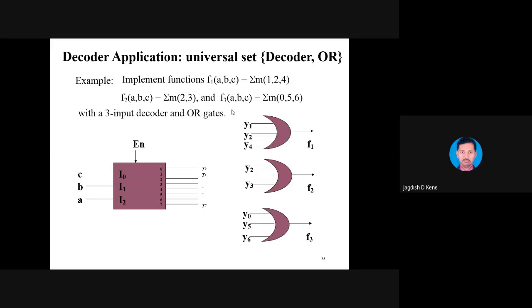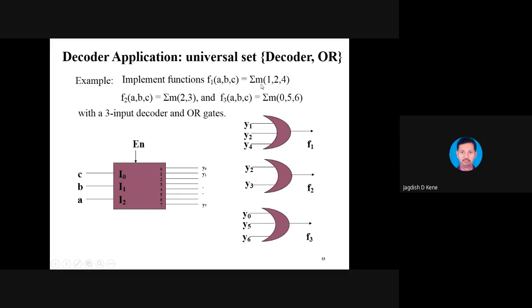That's why we have taken the inputs A, B, C, connected to I0, I1, I2. MSB is A, that is I2, and LSB is connected to I0. This is important in a decoder because according to that we can change the status of the output. It will generate the outputs Y0 to Y7.